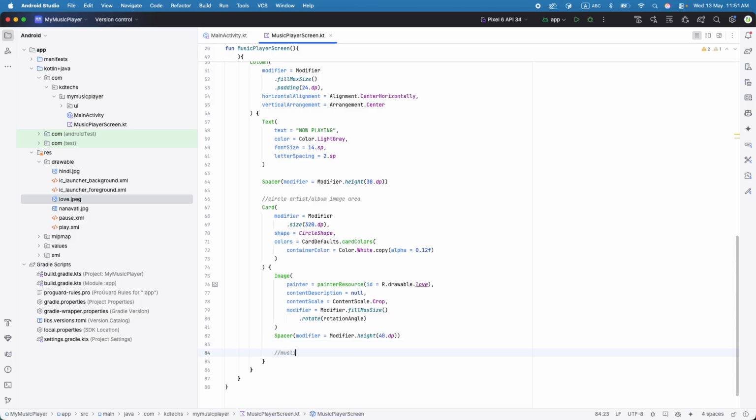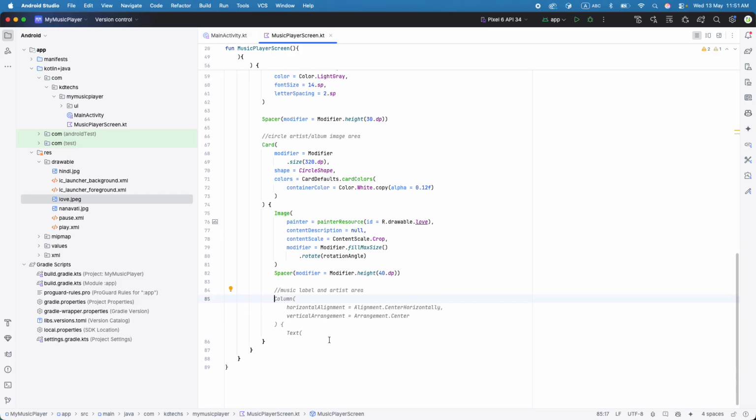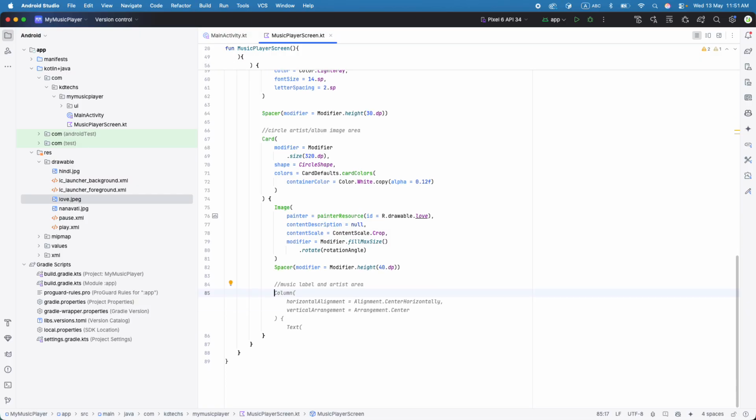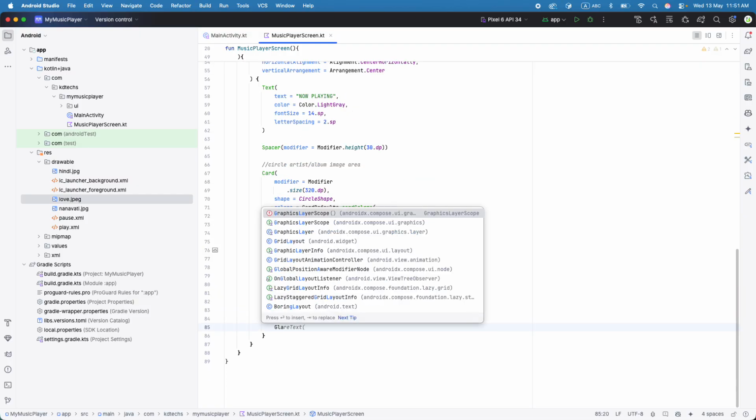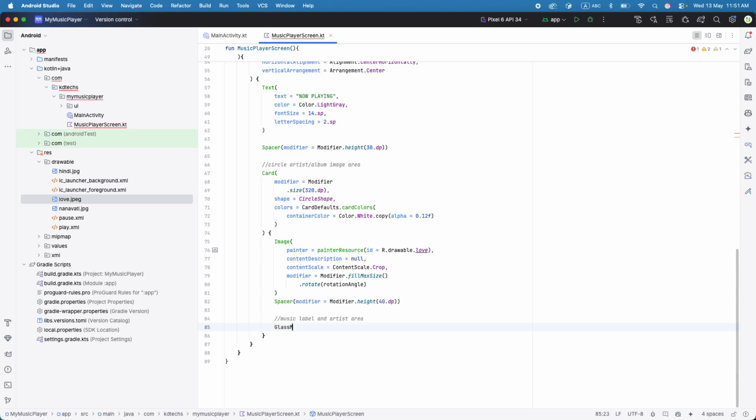And for that one, music label and artist area, and for that one let's create a glass style music info. So let's say glass music info, and this one we will create later on. And below that one, let's just give some spacer, and that spacer just give it like a 30 dp height,